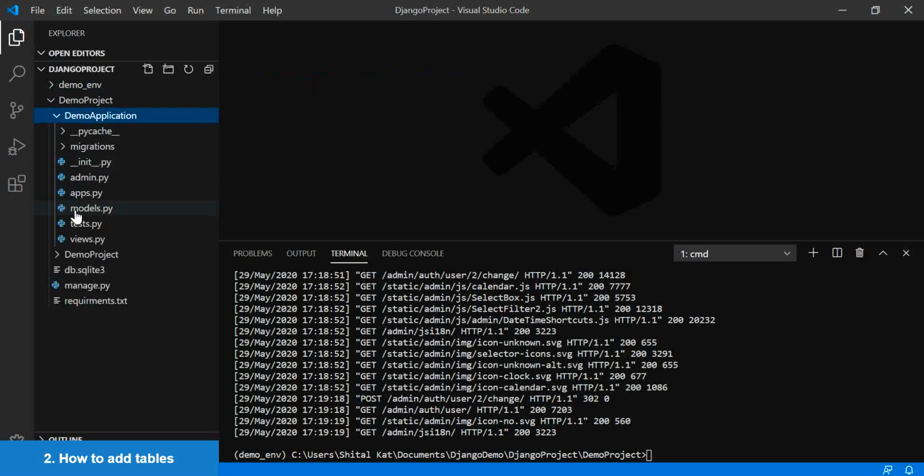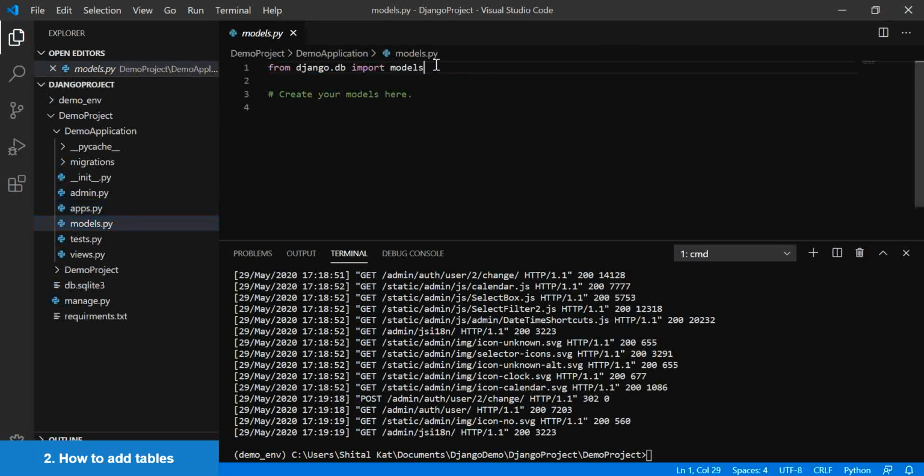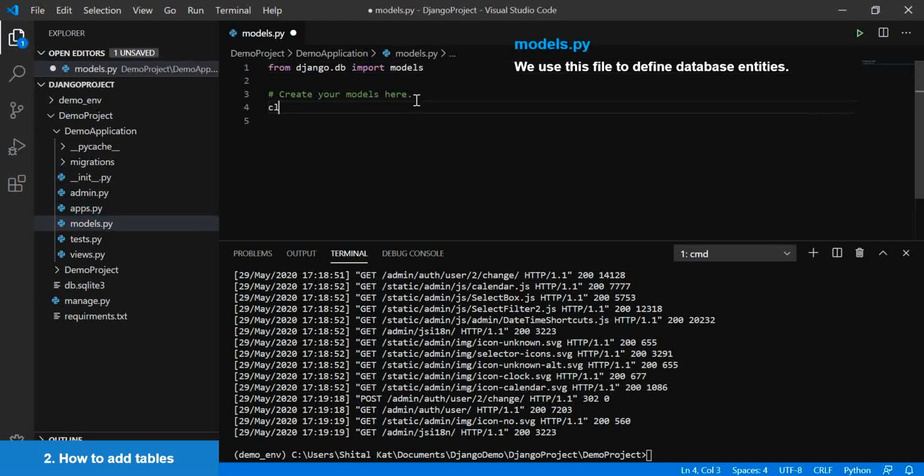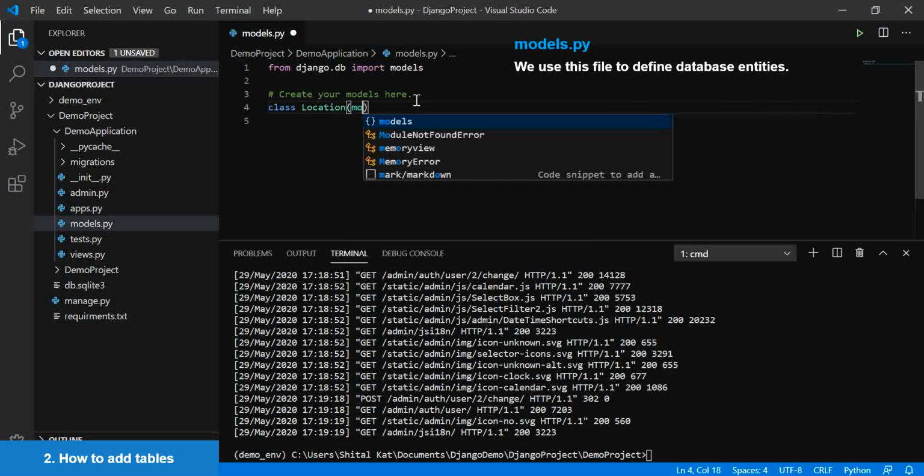So we'll create our first table in models.py. Our table name will be location and it will have two columns, ID and value.